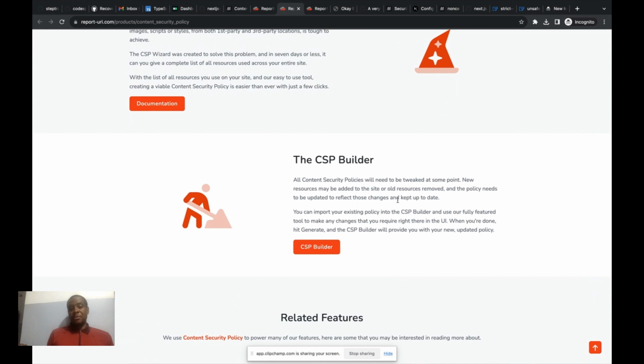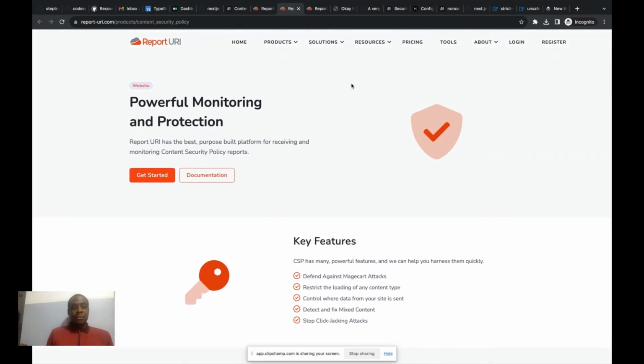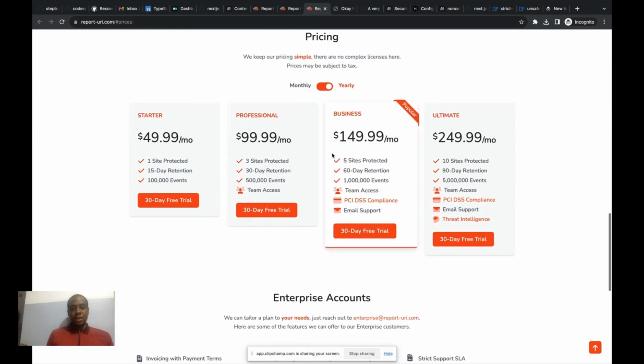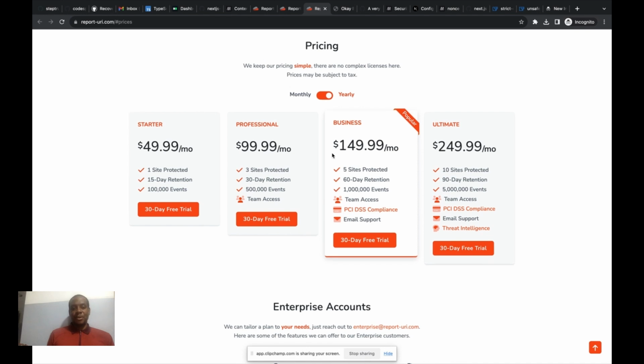And we also have a CSP builder. I think this is a browser extension or something. So yeah, check them out. I think they're cool. Yeah, they used to have a free tier, like I said, but wow, that's really $50 a month. Anyway,